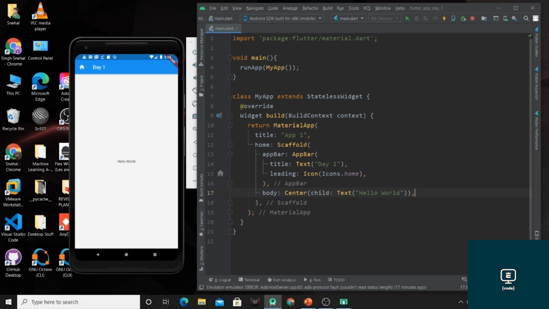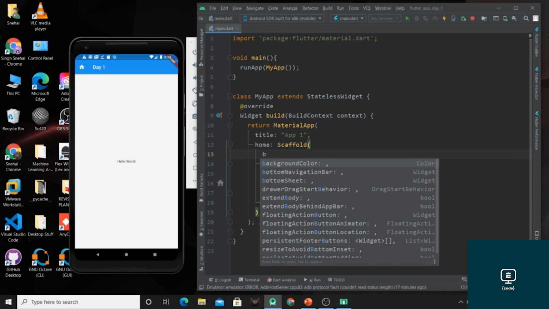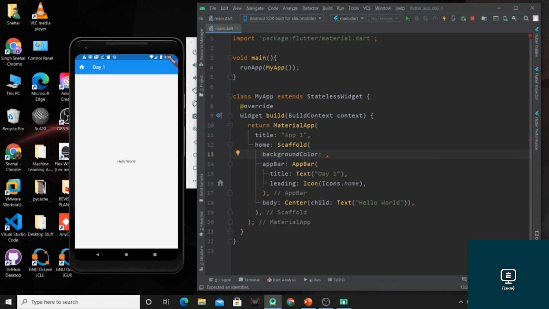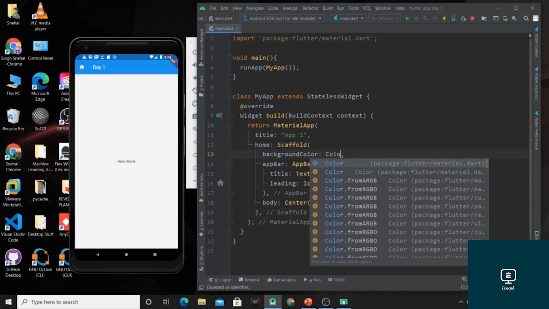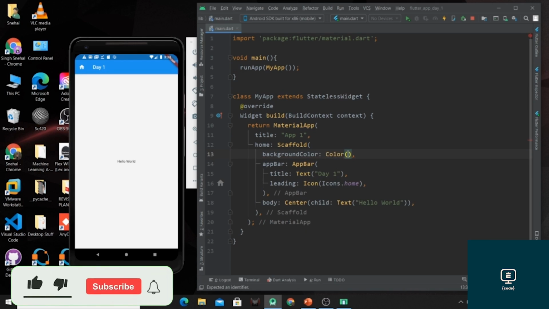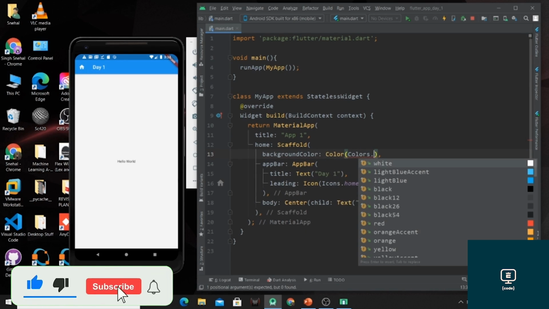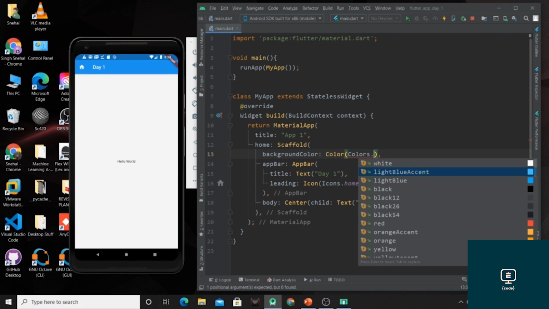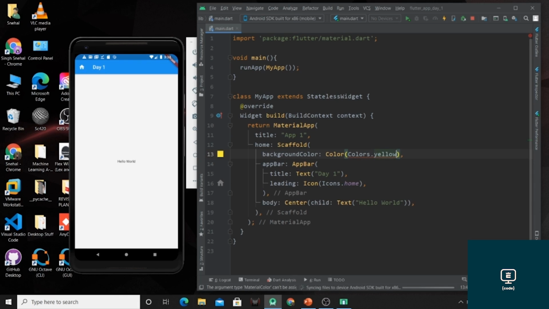We can also change the background color of this scaffold, like we can use this background color property, and we can mention the color like colors dot light blue shade, or yellow.